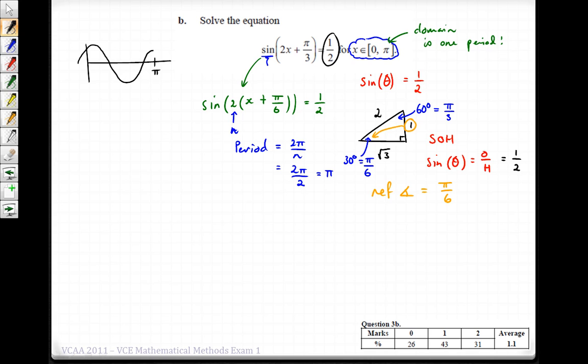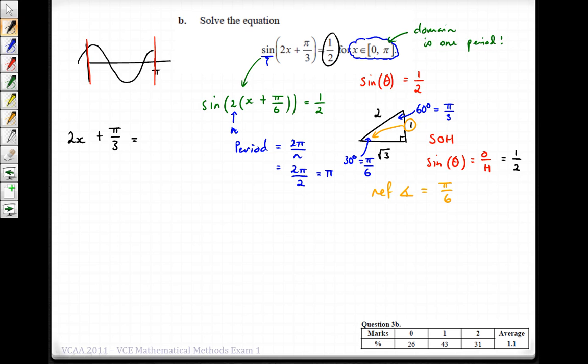So it's going to look something like that, where we're still completing a full cycle between there and there. And we've now got to find out, where does this equal a half? So to do that, we're going to let 2x plus pi on 3